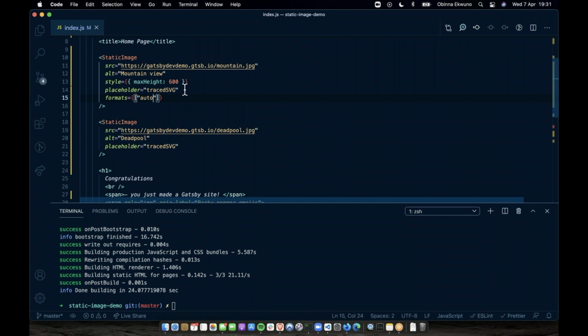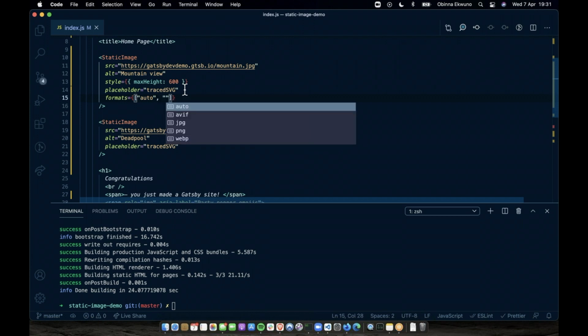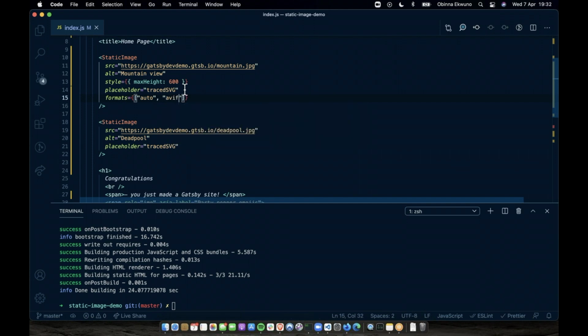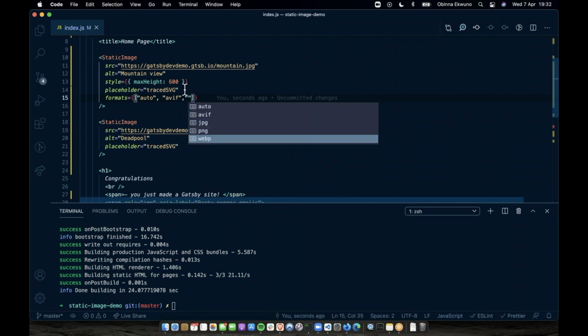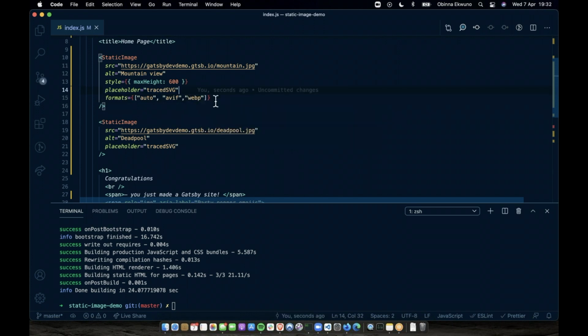You want to have auto there because it's what helps you default your image: if the browser doesn't support WebP and all of those other formats, it will just default to whatever the browser supports. And then you can also add AVIF and maybe WebP here, and we just want to add this to the two images as well.